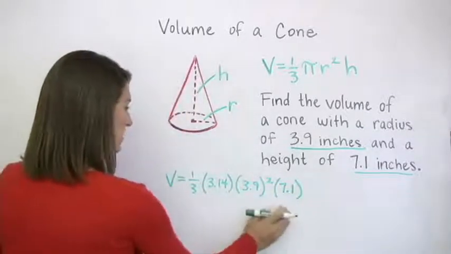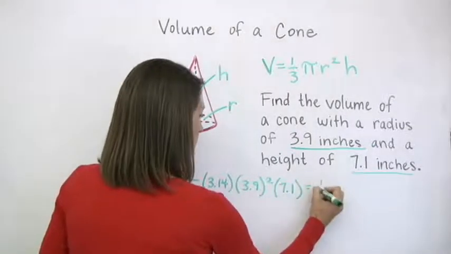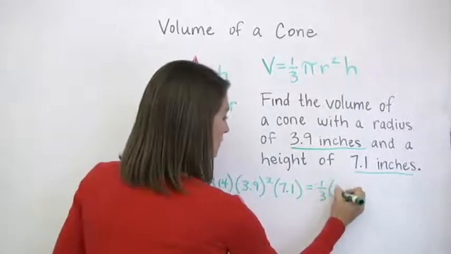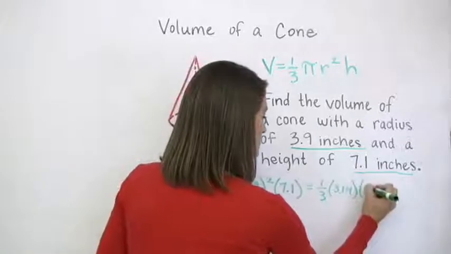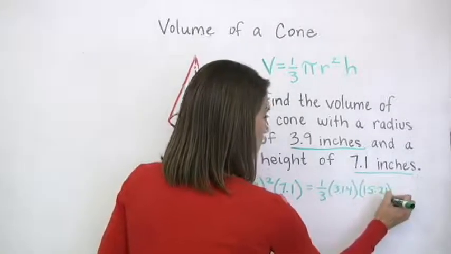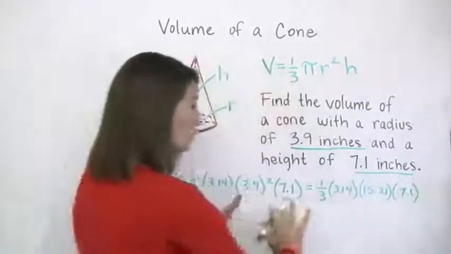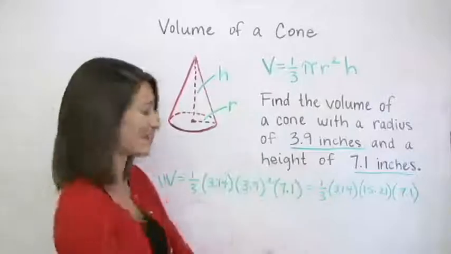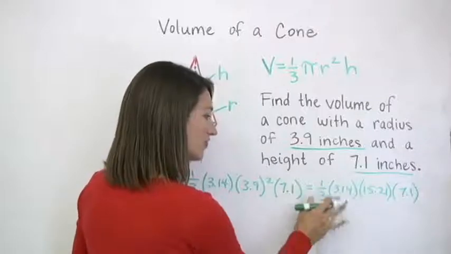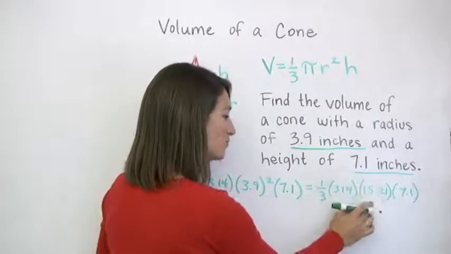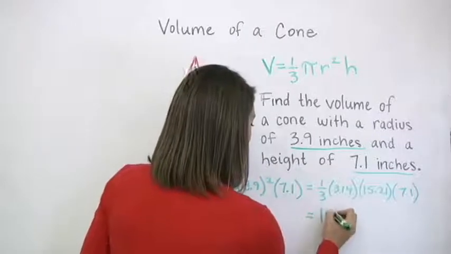Okay, so doing this math, let's work with this exponent first. 1/3 times 3.14. Now 3.9 squared gives us 15.21, and then times our 7.1. Now I'm not going to work all this out for you, you'll just have to trust me on this. When we multiply all of these numbers, including our fraction, so we have 1/3 times 3.14 times 15.21 times 7.1, that gives us an answer of